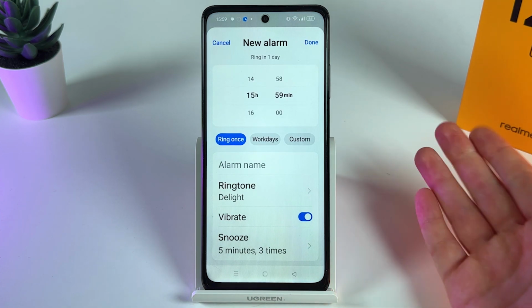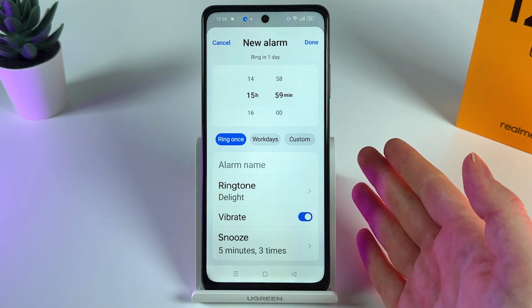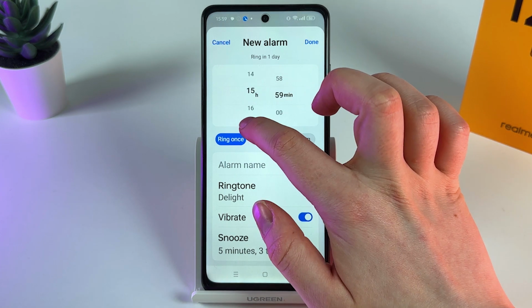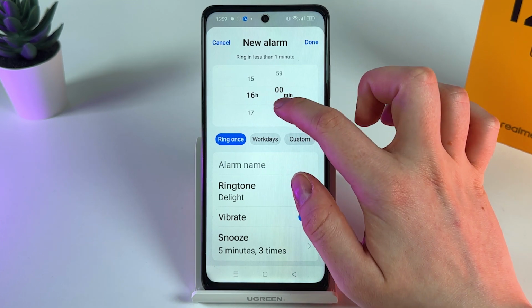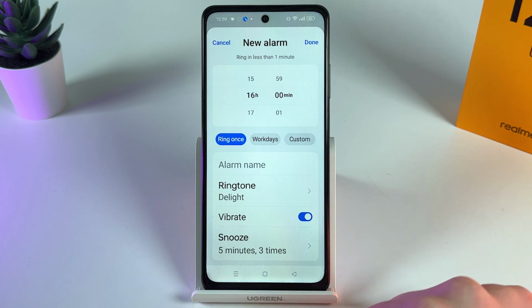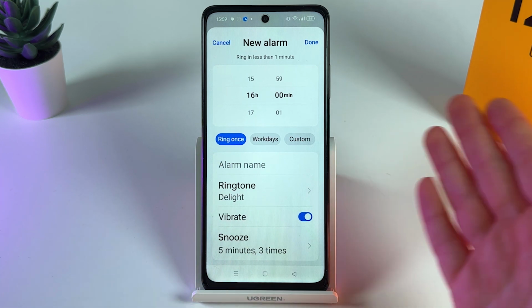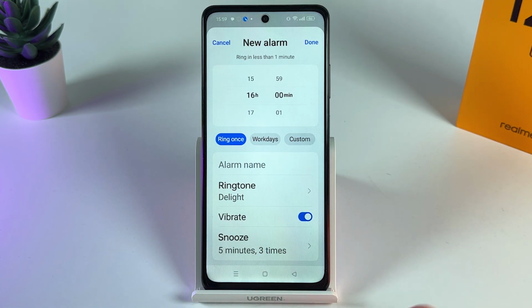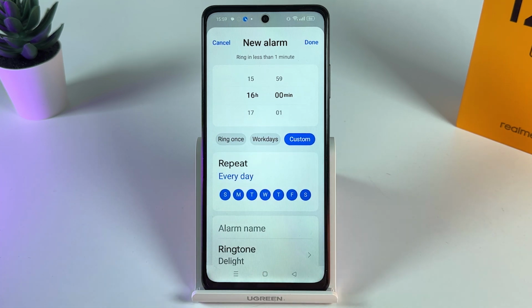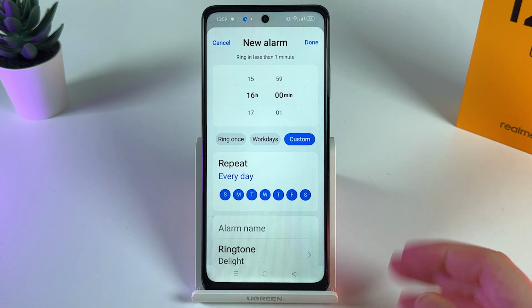So first thing that we would need to choose here is the time when the alarm will ring, the most important thing. So for example, I'll set here 4 p.m. like this, and the next thing is that we would need to choose here how often this alarm will repeat. We can choose ring once, on work days, or set our custom where you can choose the days when the